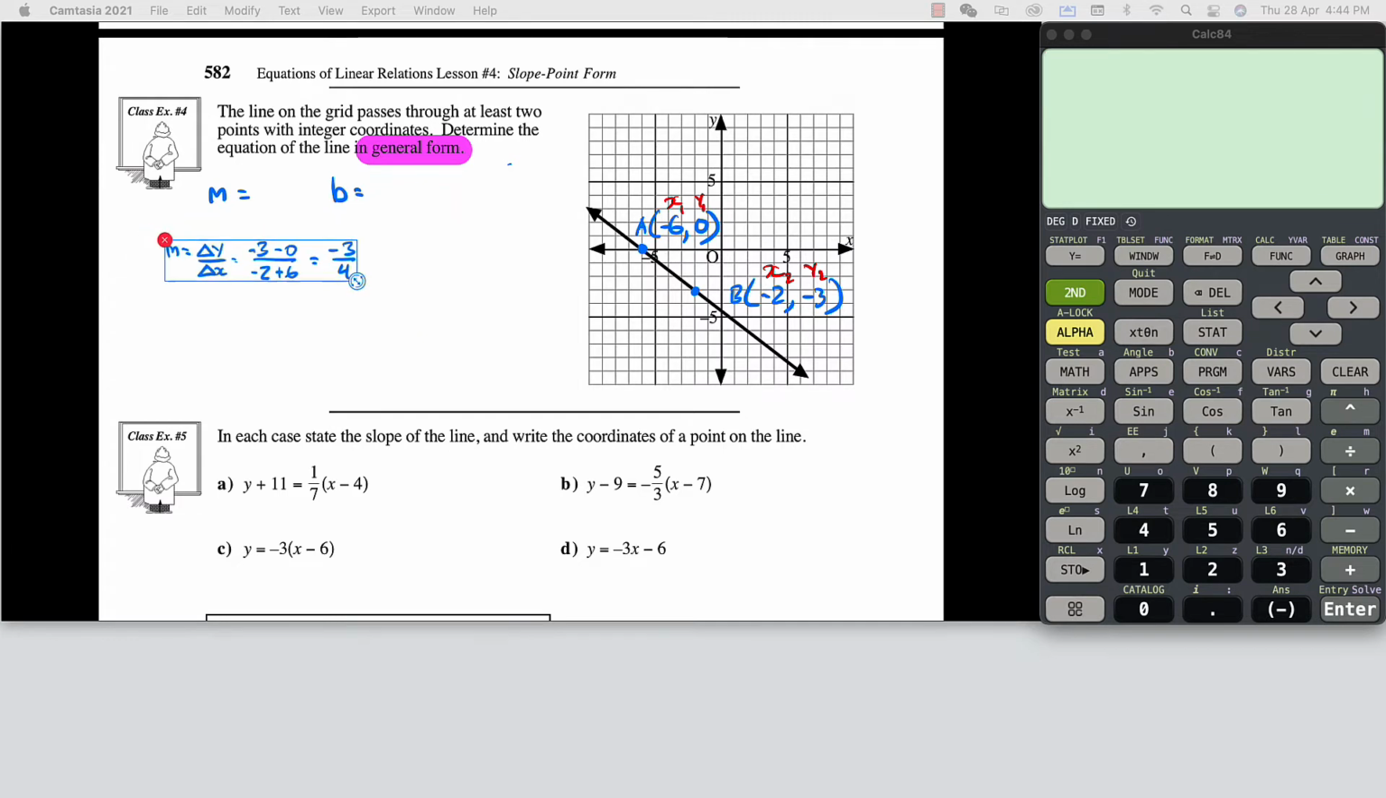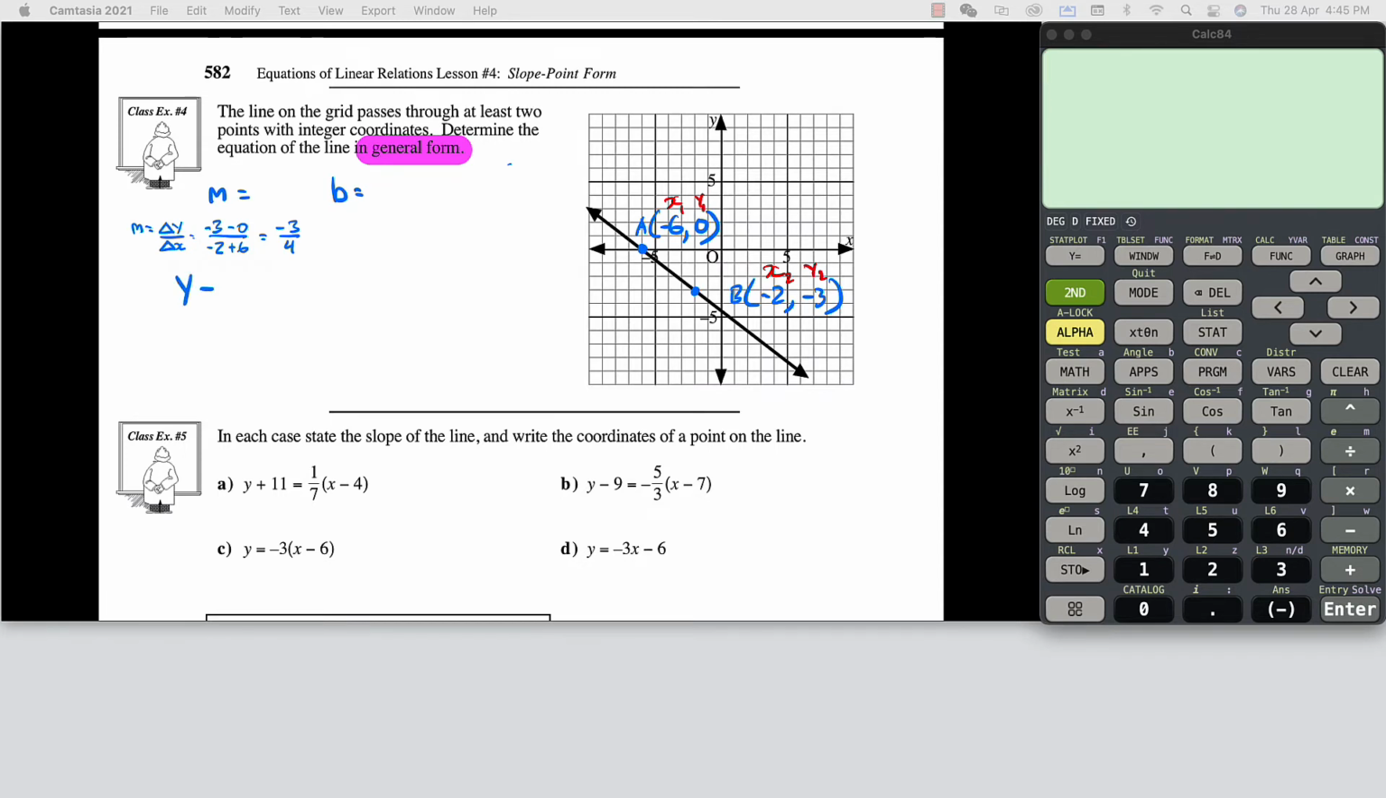So resize this, put it over here. Now I have two other points on there. At this point I can just use any one of those two points. So I needed two of them in order to figure out the slope, but now I just need one of them. And I'm going to start off with the slope point form, which is going to be y